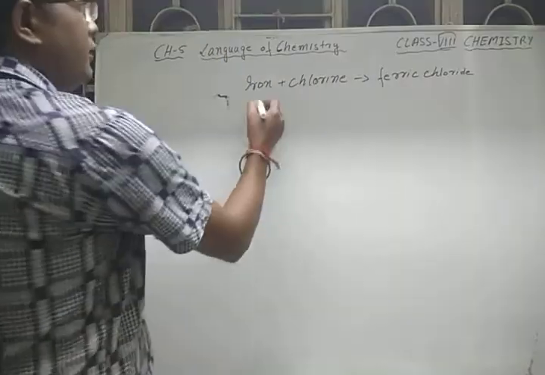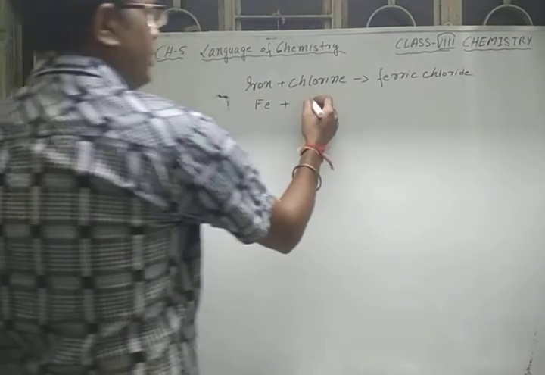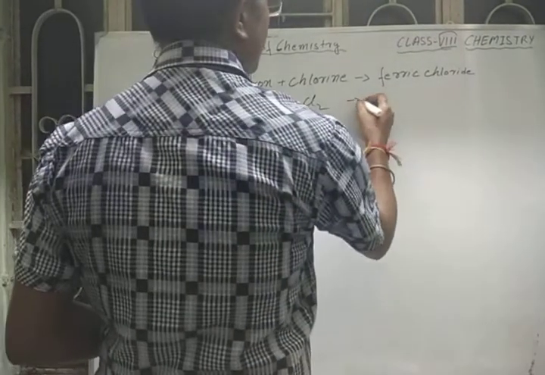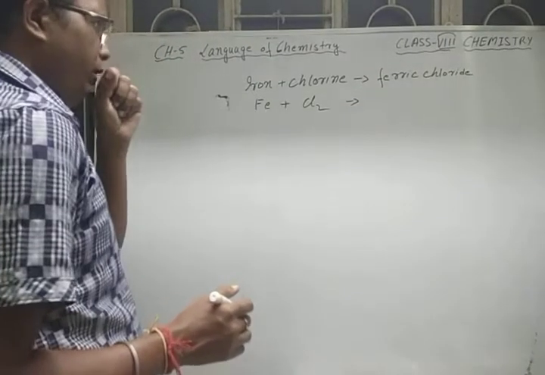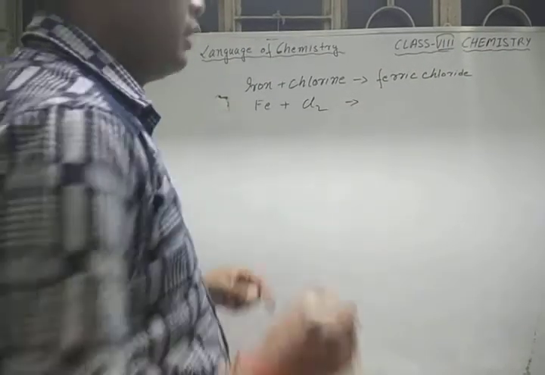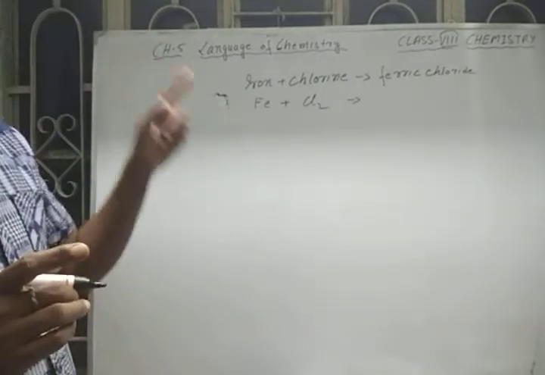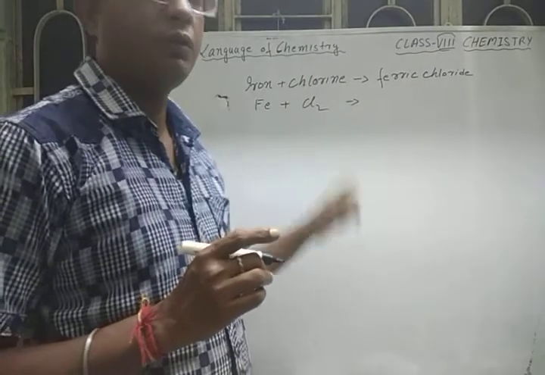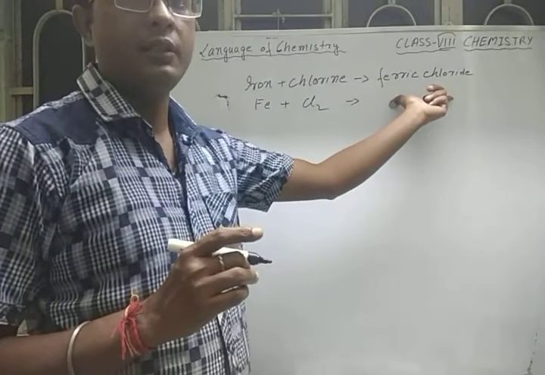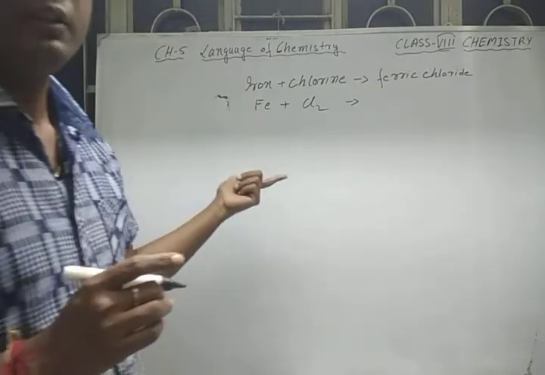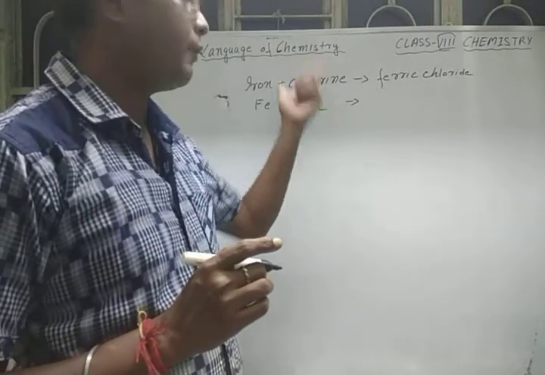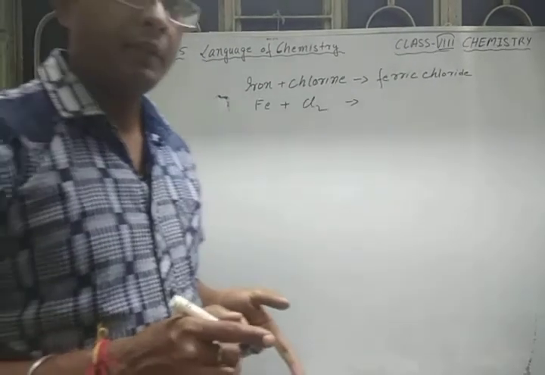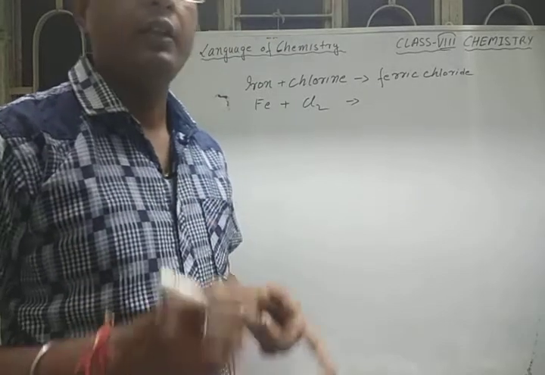So iron you write Fe. Chlorine you have to write Cl2, because chlorine does not exist independently, but it always exists as two atoms. Now, what is the formula of ferric chloride? How will you write it? It is very important to know the radicals to write this formula, because if you don't know the radicals, you cannot make the formula of ferric chloride and others. To know how to write the chemical formula, you should learn the radicals chart.